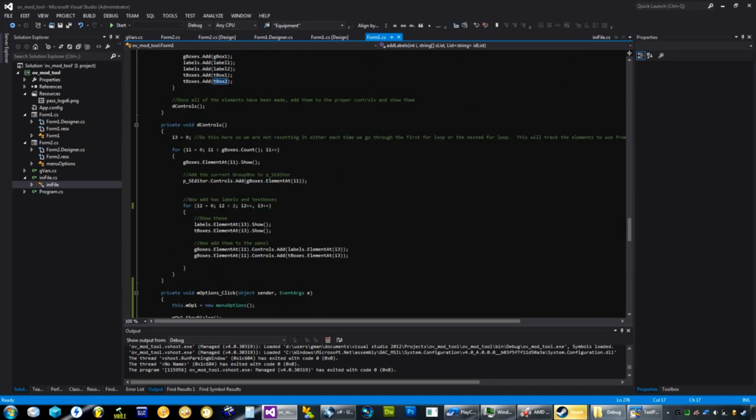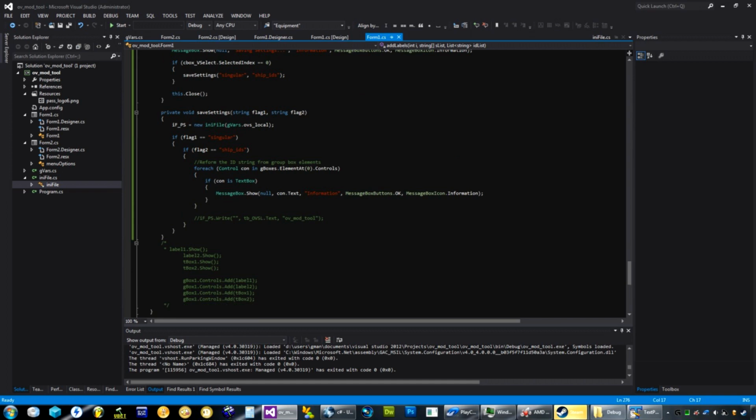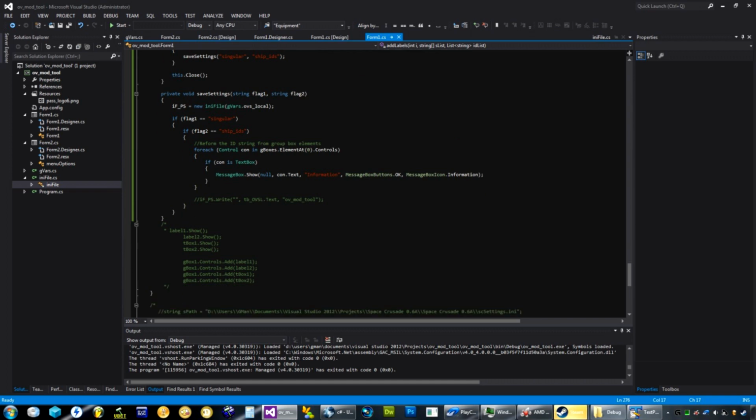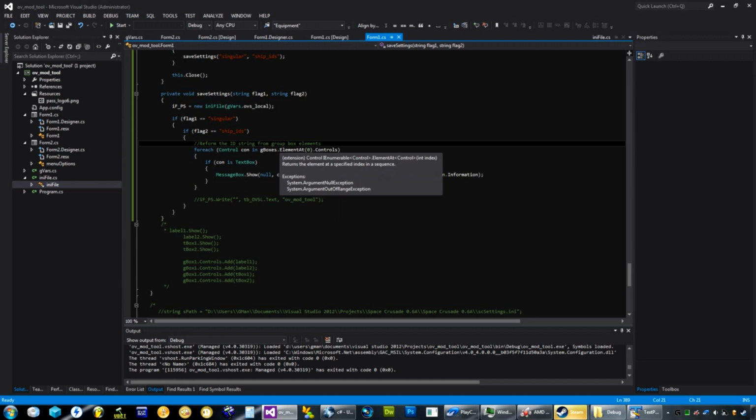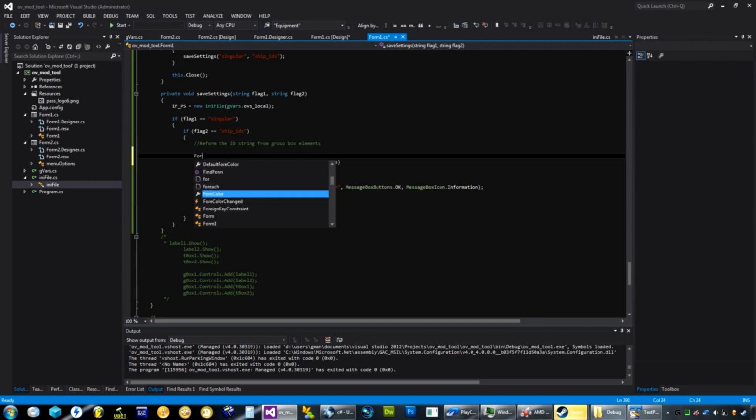However, now this for each that we have down here is going to have to be inside of a for loop itself, or maybe a for each itself. So for each